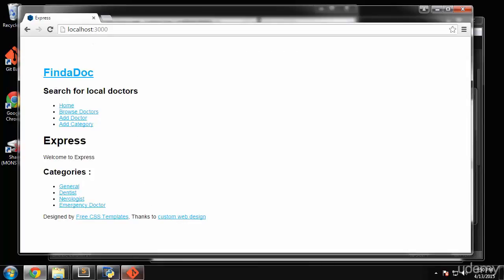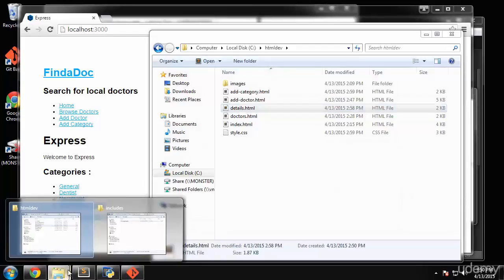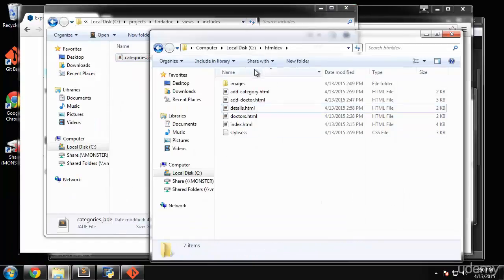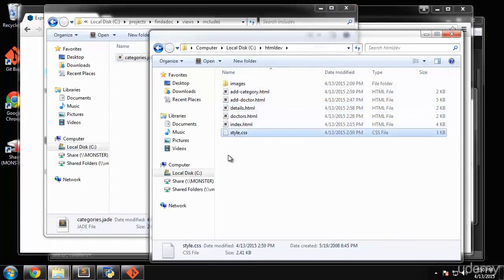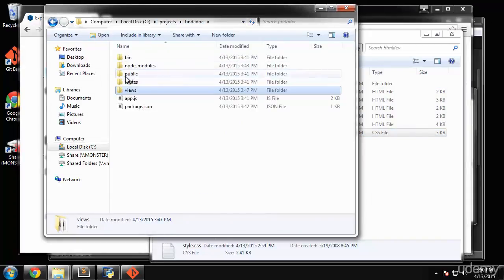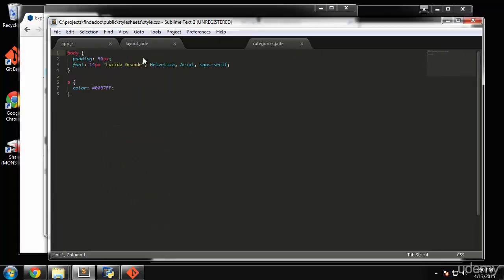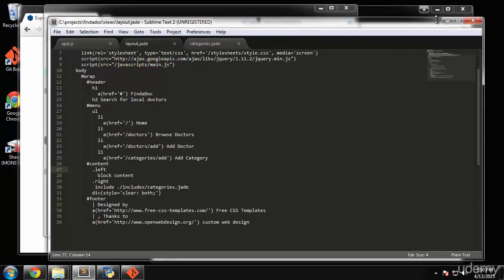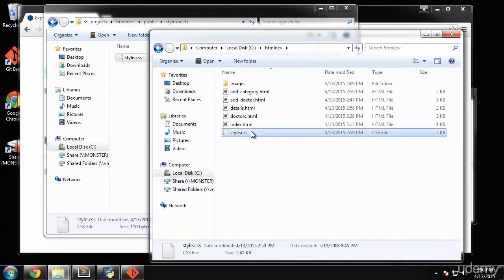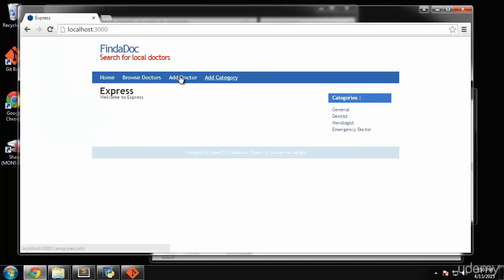Now we need to put the CSS in. Okay, so that's going to be pretty easy. We'll just go to this is the HTML that we created. So we want this style CSS, and then we want to go to our application, and then go to public style sheets, and let's open up style CSS. Actually, we can just replace it. Okay, so let's just copy that HTML version into our style sheets folder, and then there we go. All right, so now the template's working,